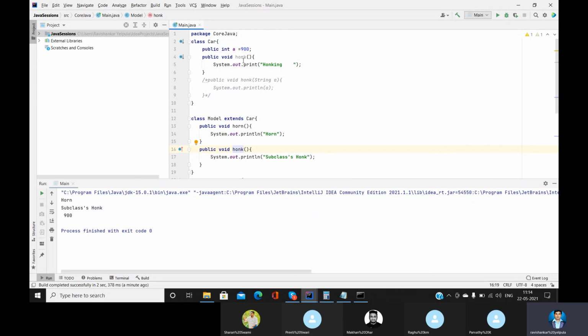The parent class method is overridden by the child class honk method. That's it, guys. This is called method overriding. Any doubts on it?